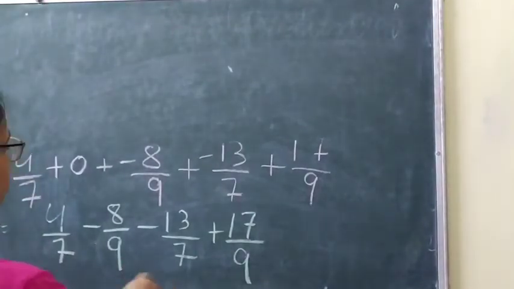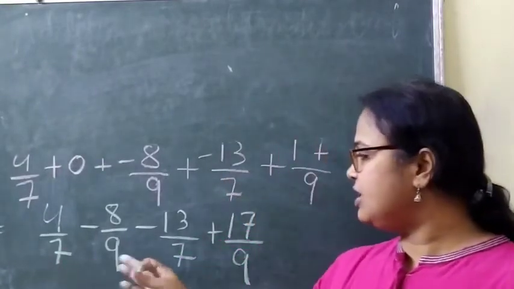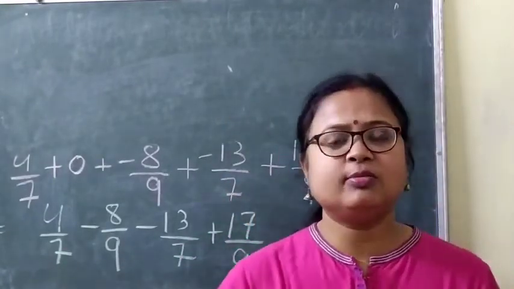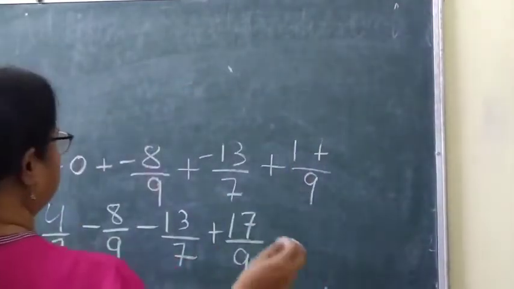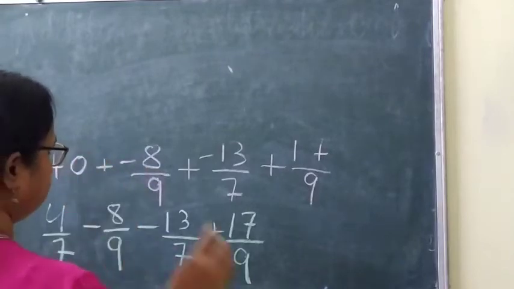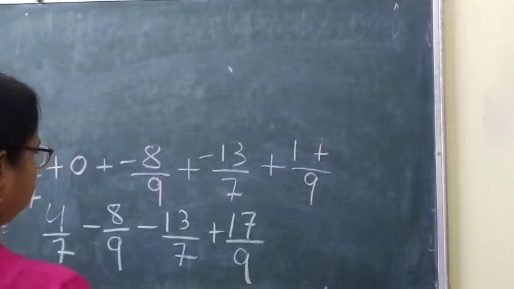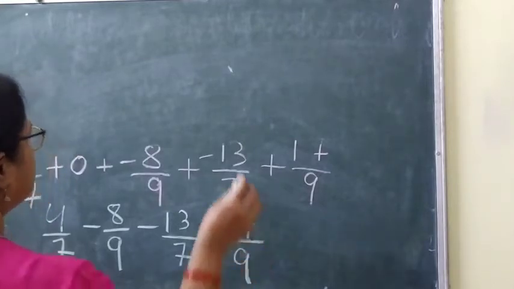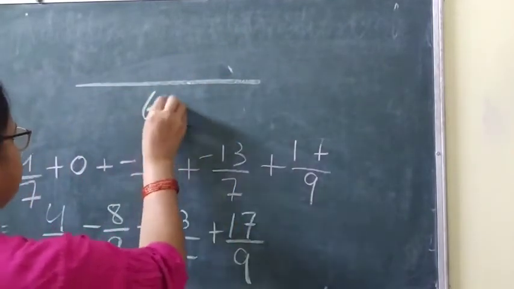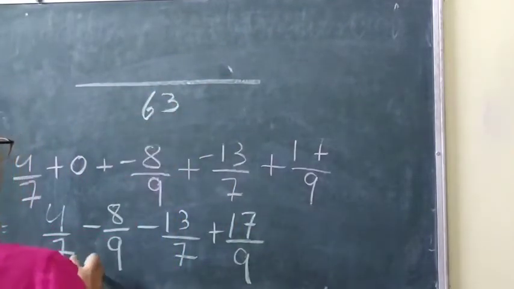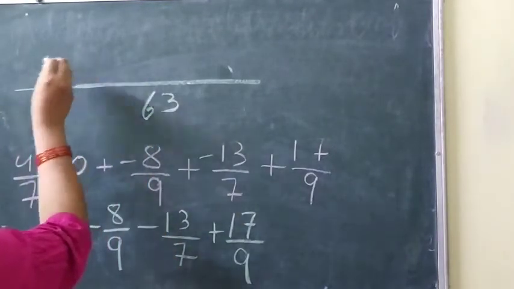So what we will do, we will first take out the LCM. The LCM of 7, 9, 7, 9 is given. So what will the LCM be? Yes, the LCM will be 63. First we will write the LCM 63. Then how many times? 7 9s are 63. So here we can write 9 into 4,